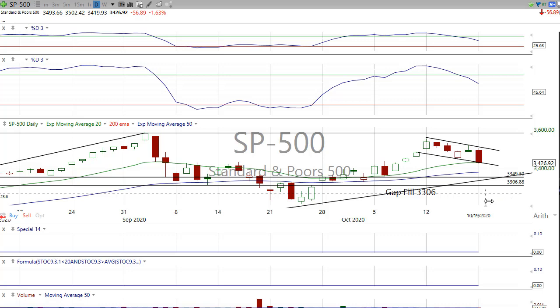33.06, the 33 hundred level, would be a trapdoor trend line, meaning there's a support gap underneath that trend line. We could come down quickly, fill that, and push that. So two levels to watch going forward. Again, futures are higher today. Futures are higher tonight going into tomorrow. If we get that 60-minute rotation pushing back up, it's going to be interesting. The other thing I wanted to show you